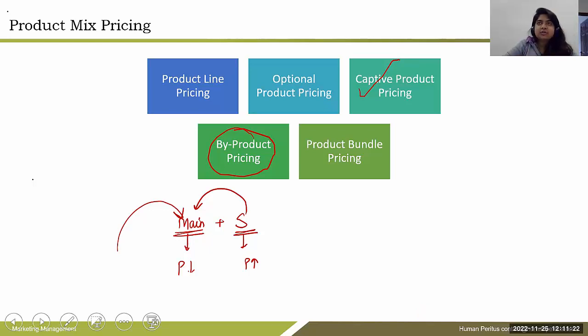So let's say you're making sugar, okay? You're in the sugar processing industry. Sugar cane comes in, and there is raw material which is left after processing. The waste is left, so you find a market for that waste. Probably you start selling this waste and make money through that. Now, since you're making money through that, you can reduce the price of your sugar and be a better competitor